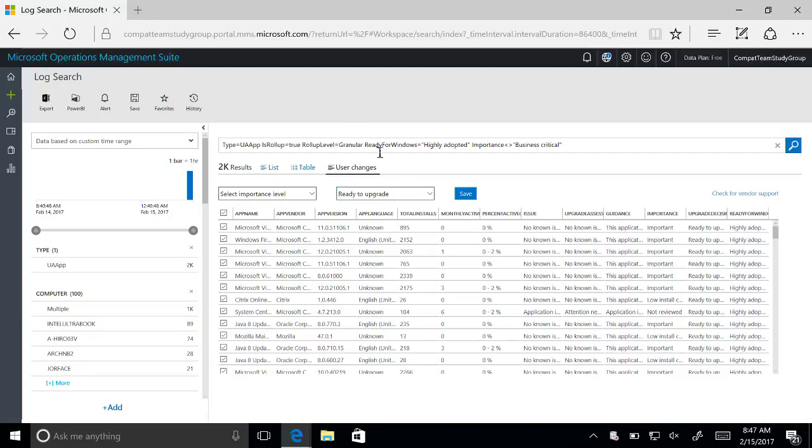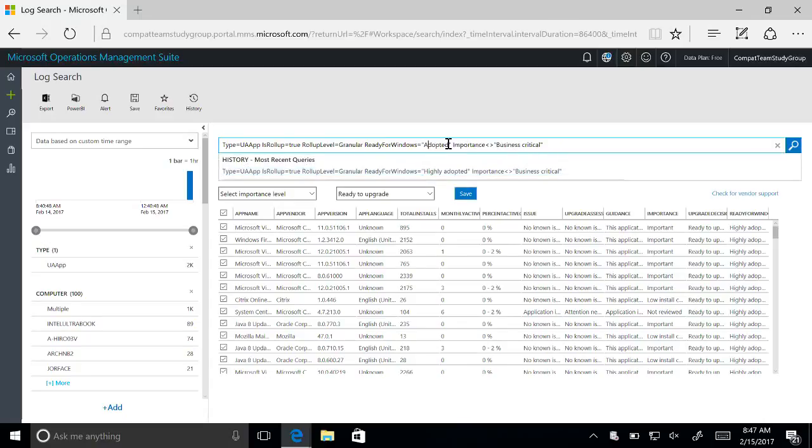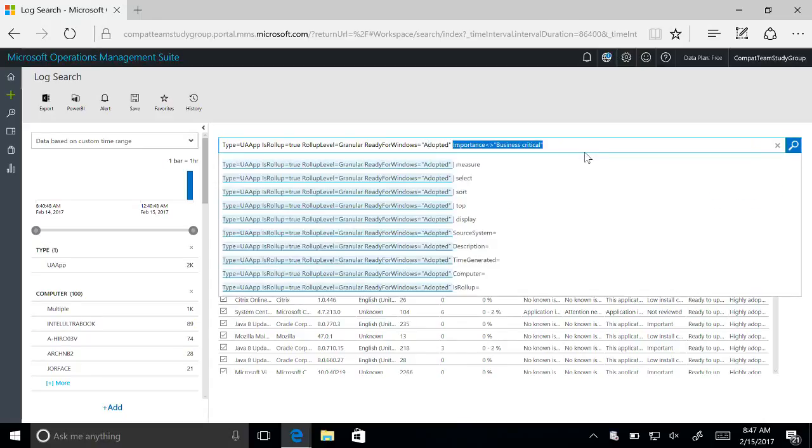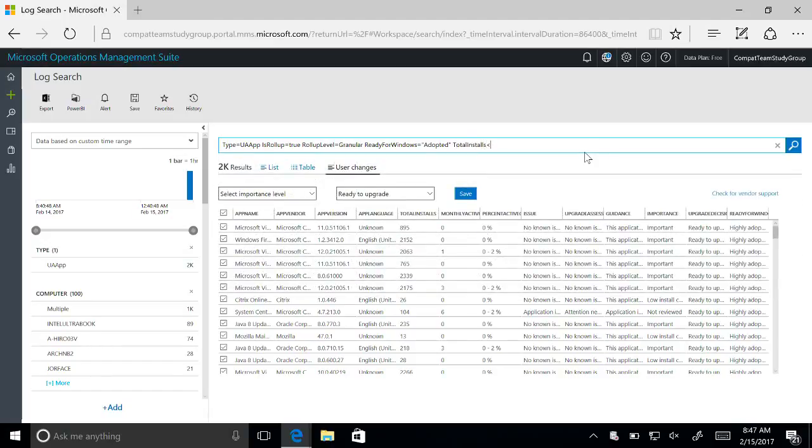We can also write queries such as, let's look at the applications that are adopted. So these are the ones that have been installed on at least 10,000 commercial Windows 10 machines without significant issues. So we'll say it has a ready for Windows status of adopted. We'll look for a total install count of less than, let's say, 2,000. We have about 10,000 machines in this workspace, so that's about 20%. So we need it to affect less than 20% of the total organization. And then let's say monthly active computers is less than 200. So we'll say in this case, looks